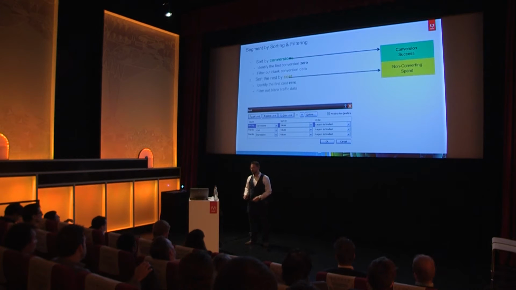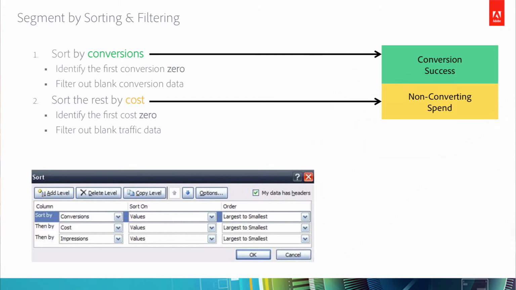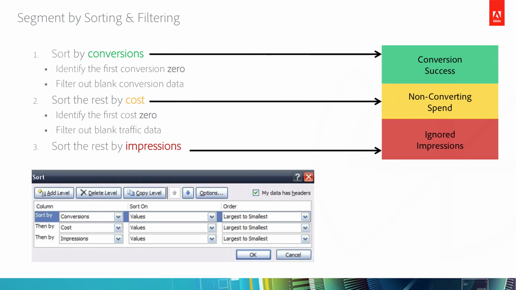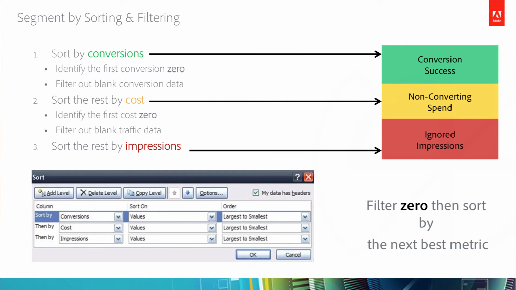But even then, that's not enough. At some point, you're going to have campaigns or ads or keywords that don't have any click activity. And there's going to be piles and piles of impressions. And that's another huge pool of opportunity that I see very rarely optimized. When conversions are 0 and cost and traffic are 0, but impressions are huge, what are our worst offenders there, where our ads are obviously misaligned and we're being ignored and just burning up opportunity?